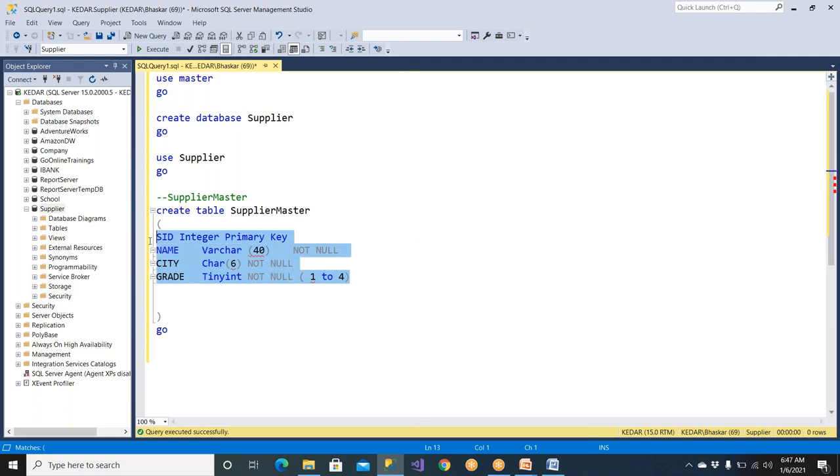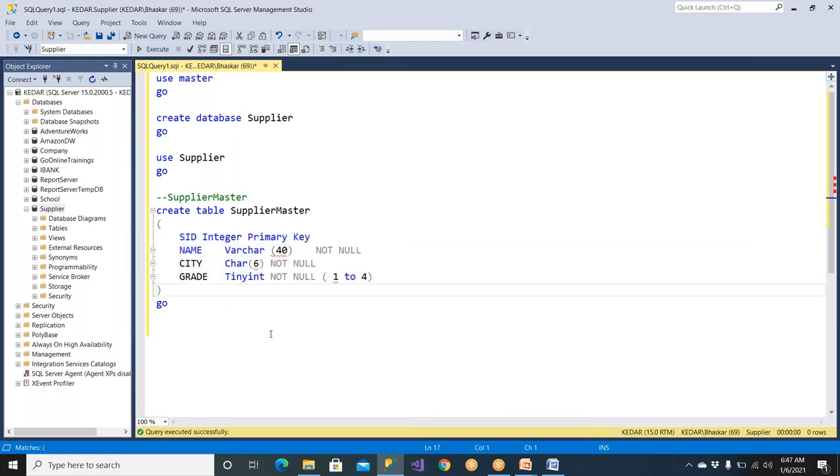Now select all of them and press tab, and you go here and press delete button so that you will get proper formatting. So SID is integer. Use tab. Int, you can also write like this, int, or integer full spelling also you can write. So a tab and remove the space here. So tab, give some tab spaces, and primary key and comma, and which is supplier name, supplier master, and